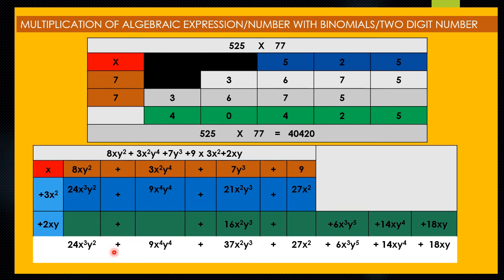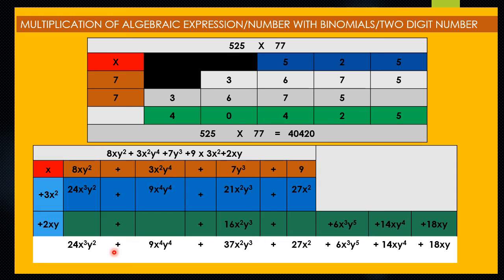So now you look here, while multiplying this 2xy with 8xy square, we get 16x square y cube. So you just look to the first row. In this first row, there is no x square y cube available. So there is no like term. So we have to bring out this 16x square y cube out here. And I have put this 16x square y cube, it is like term is available over here.